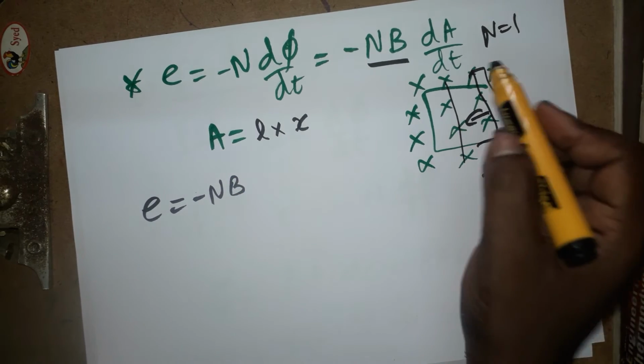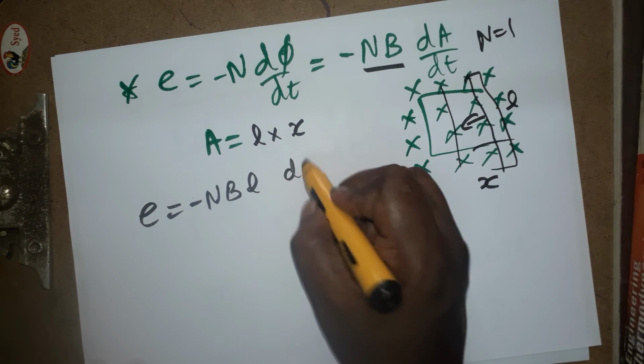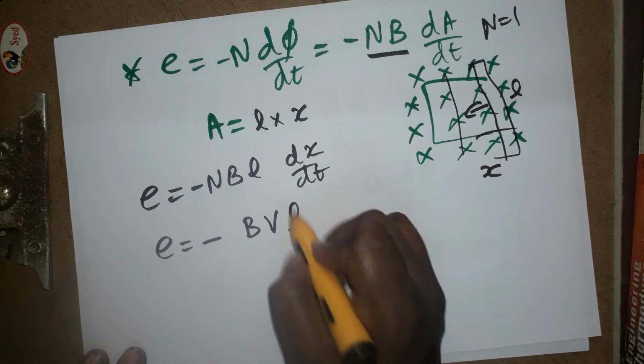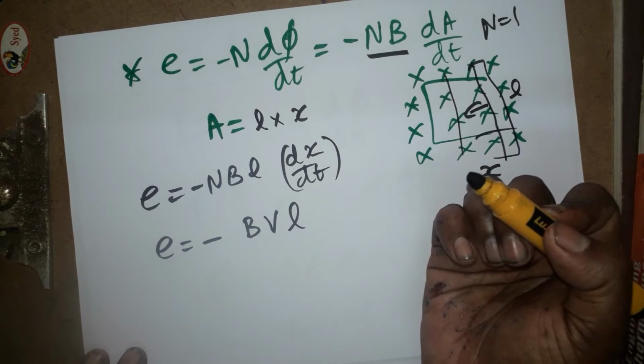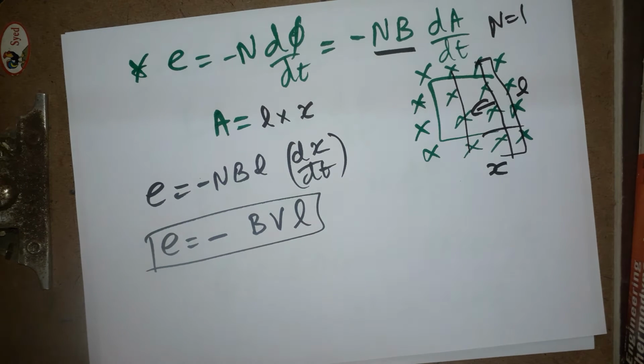Okay. So when we are differentiating, it is A is going to be L dx by dt, which is going to be V. So EMF is equal to minus BVL. Displacement by time we can take it as a velocity. Okay. EMF final value we got. N is going to be 1 because only one rod I am moving.